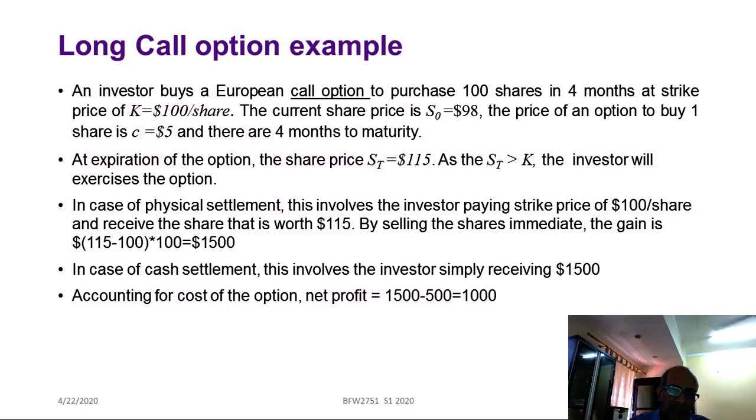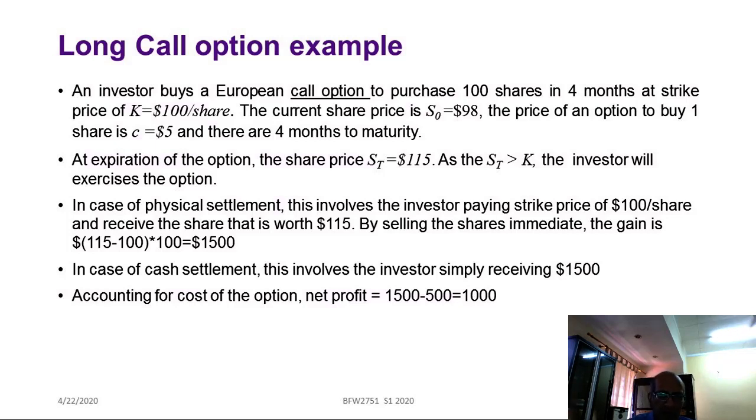An investor buys a European call option, which means that you can only exercise at the maturity of the option. An investor buys a European call option to purchase 100 shares in 4 months at a strike price which you fix today, K, is $100 per share. Why did you fix it at $100 per share? Because currently the share price is $98. S0 is $98, and you believe that it might go up